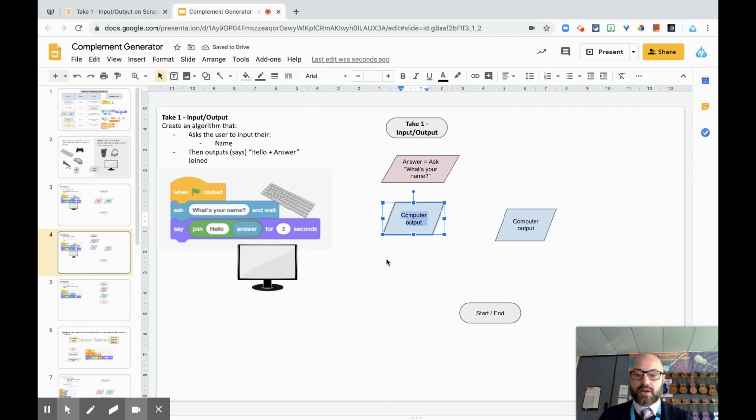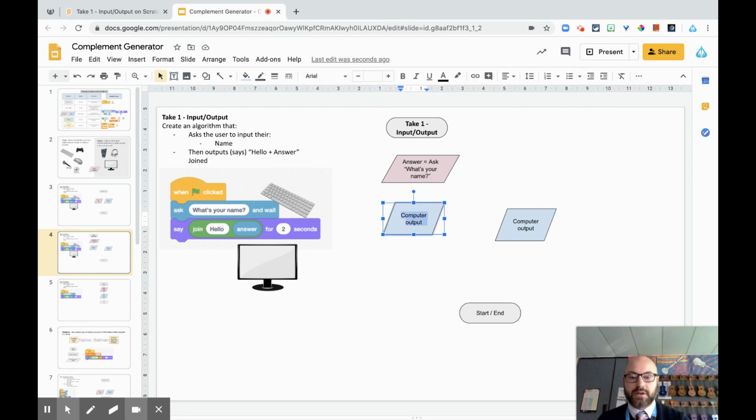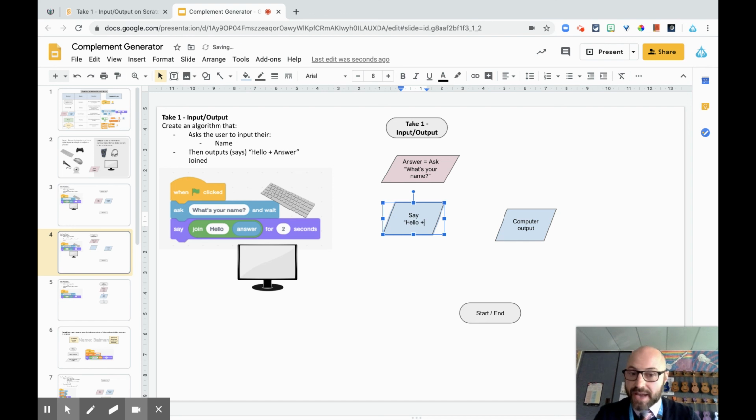So to select all the text, tap 3 times, 1, 2, 3, and I'll hit delete on that text there. And we're going to add say hello, and you can add the plus symbol, or you may add the and symbol. And what that means is, see this little green block here? It's just joining. So hello plus,